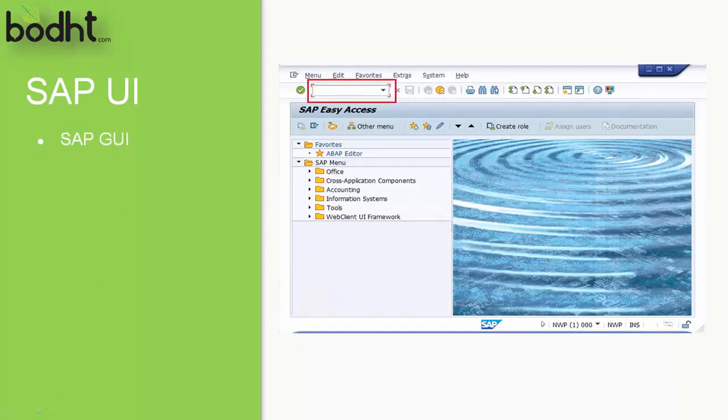Next comes an important question. You might be wondering, what are the different GUIs, graphical user interfaces, that SAP provides for users to access the SAP system? Since it is an enterprise application, many users in the company would want to access SAP for many of their work. Very first, it gives you something called SAP GUI.